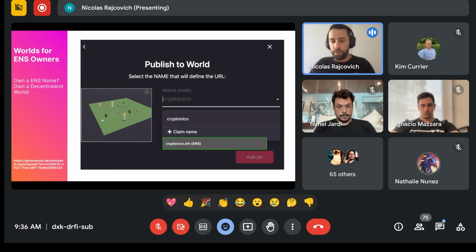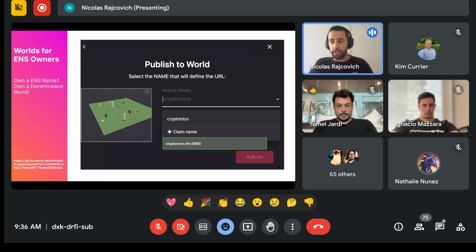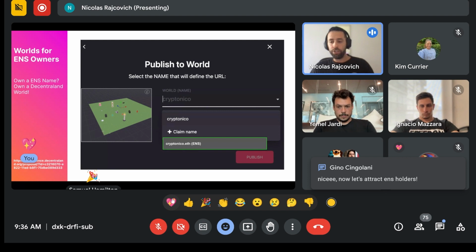We're going to introduce this feature for ENS owners as well. So if you have an ENS name, you can also go to the Builder and submit a scene to your world that is tied to your ENS name. If you have both Decentraland and ENS names, you're going to have more worlds, and this will invite people from other communities to Decentraland as well.